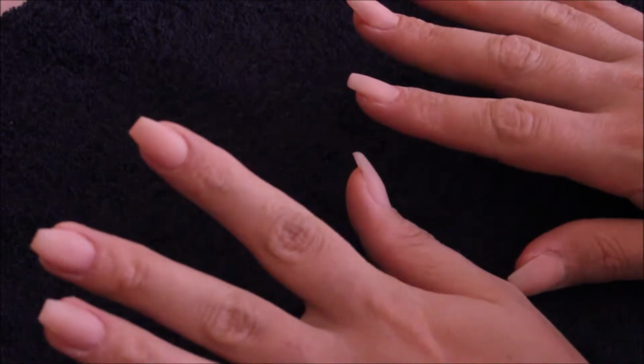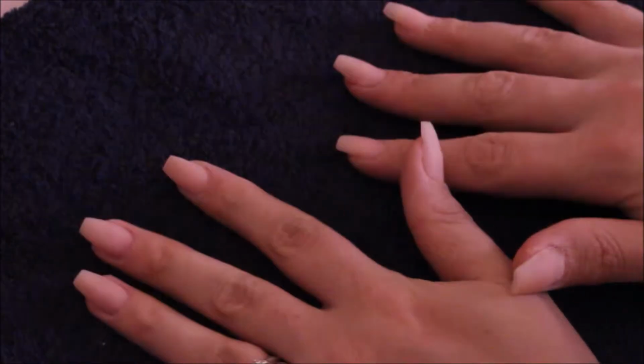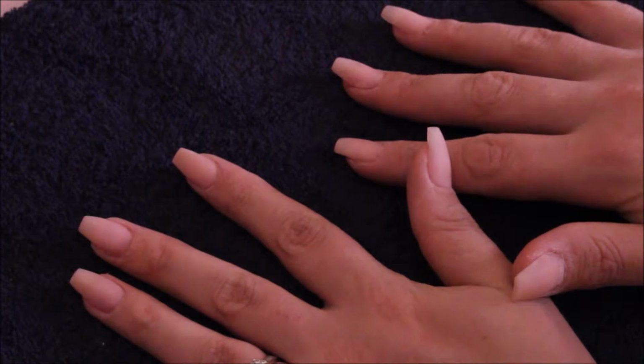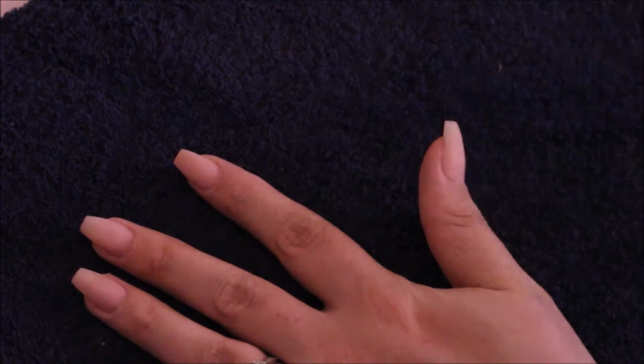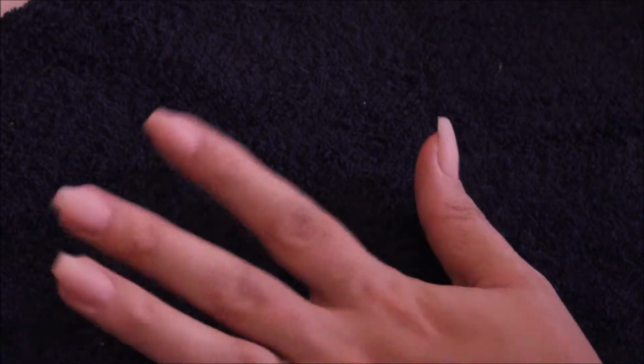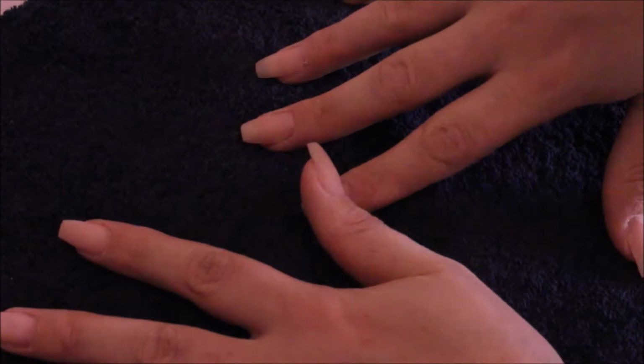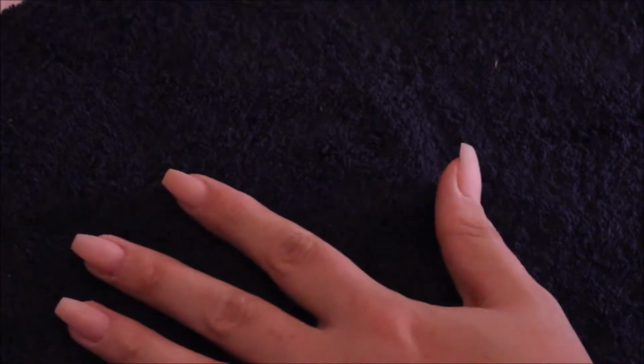Today I'm just going to do a special announcement video and do some baby nails as I am 17 weeks pregnant with my second child. I don't know what I'm doing yet, and we don't know the gender yet, so I'm just going to do each hand separate and I'm just going to wing it with what I'm doing. I'm unsure. I have a few ideas, but I'm going to have a crack at some of the things I've